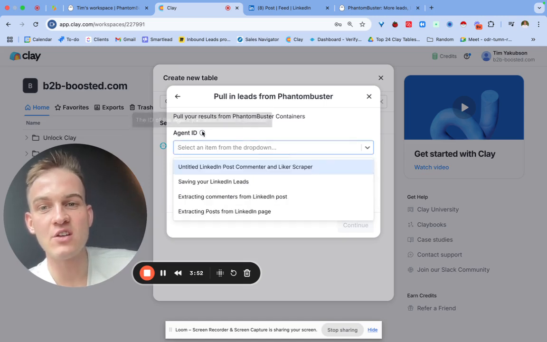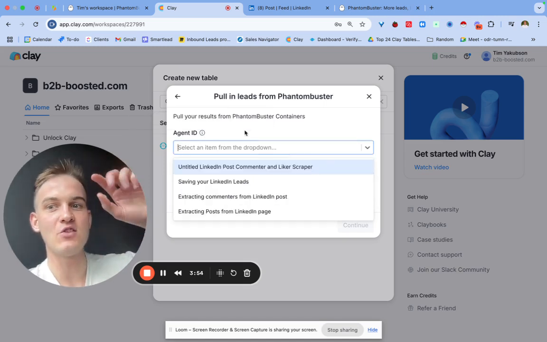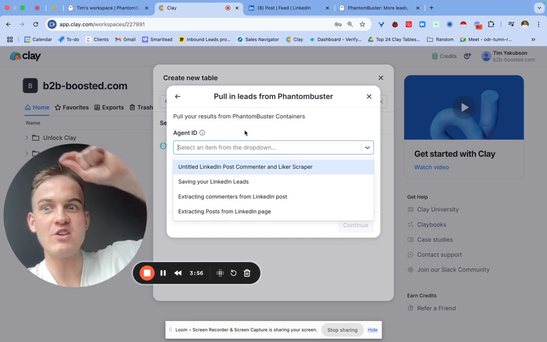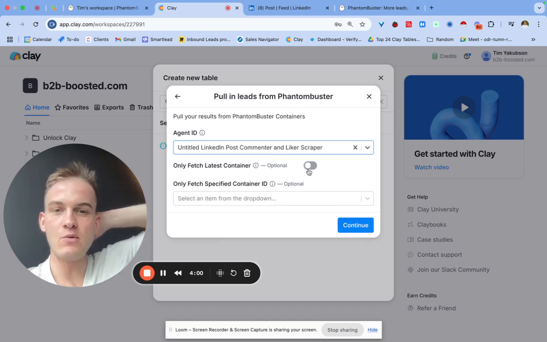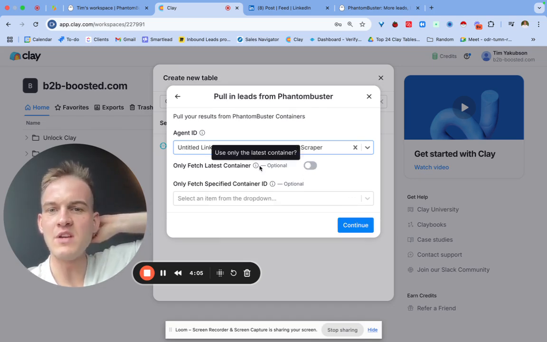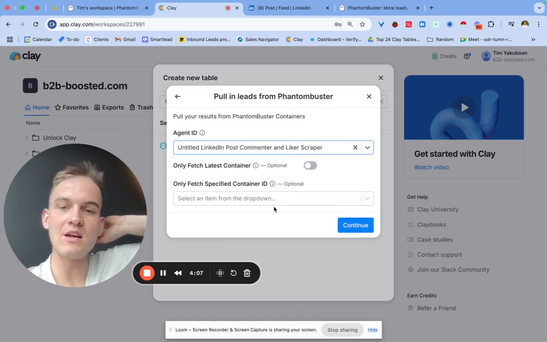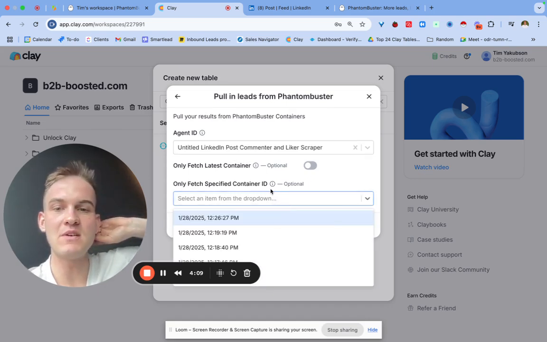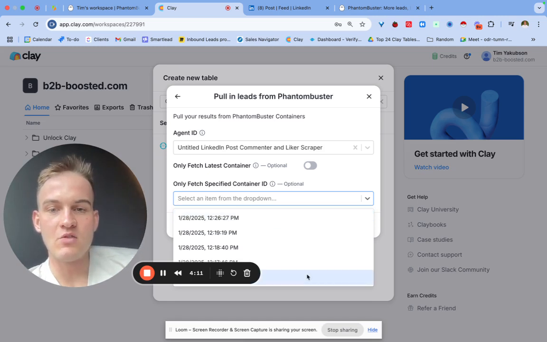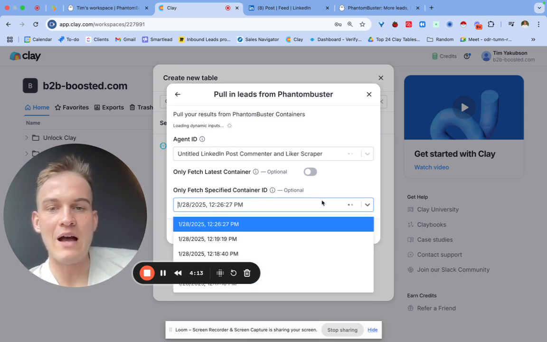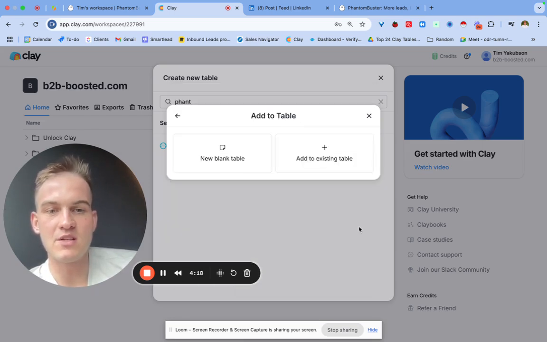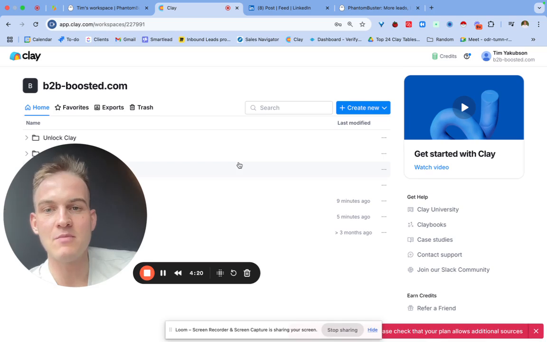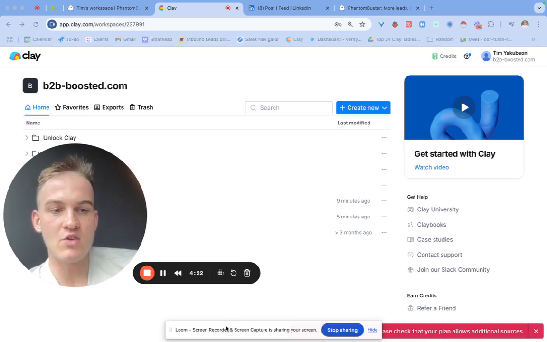You will select the agent ID, and the agent ID is basically the specific automation inside of PhantomBuster that we just created. So I'm going to select this one, and then you will say only fetch latest container. I think this means only use the latest leads that were populated. And then you can select which ones you want to add. I'm not really going to bother with this. I'll just click on Continue, click on New Blank Table, and straight away,